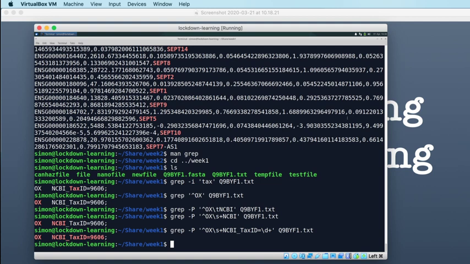So maybe you don't know that 9606 is Homo sapiens, and maybe you want to extract the taxonomy ID and use it to do a search in the NCBI's databases, which there are command line tools for searching. So you could extract the tax ID and use those command line tools for searching the NCBI databases for what that organism actually is, in which case you want to be able to actually extract the numbers from the file. So we can do that, and the best way to do it is to